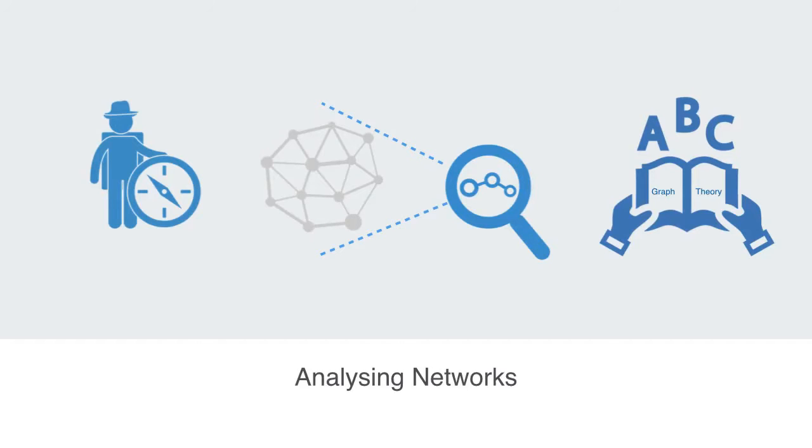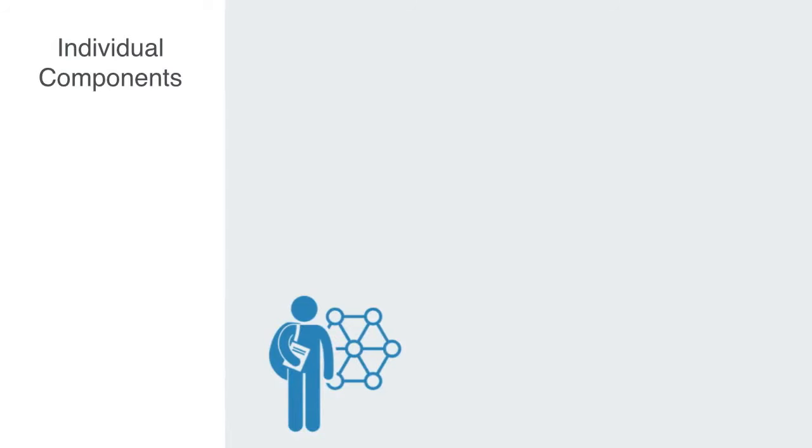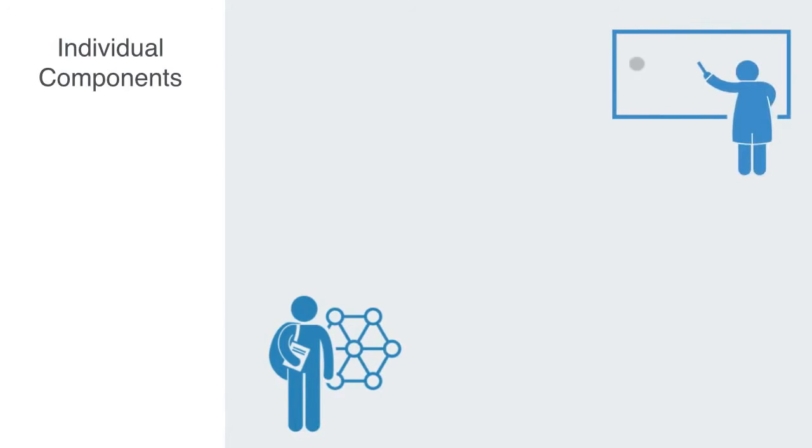We will be going into the details of graph theory in the next lecture, but it is a relatively new area of mathematics that gives us some kind of standardized language with which to talk about and quantify the structure and properties of networks. So once we have this basic vocabulary, say you give me a network to analyze. The question then turns to what are the features and properties of this network that we should really be interested in. We want to know what are the nodes within the network and what properties about them are we really